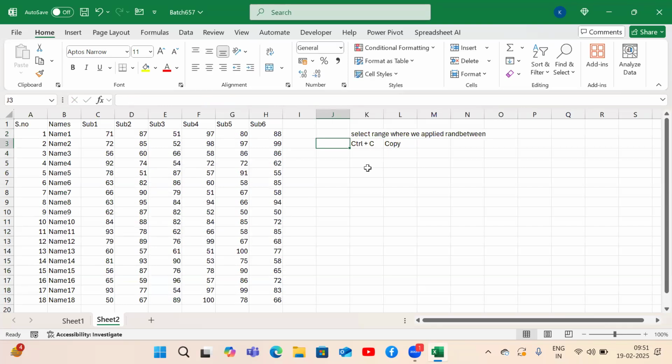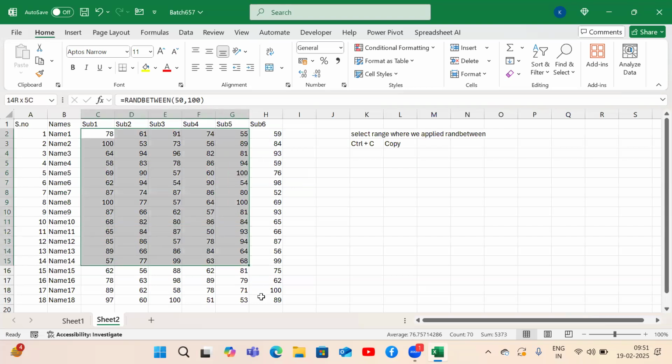Okay. Here, the formula is there, right? For each and every cell. Because of that, this value is changing. Because of the formula, it is changing. I have to remove the formula. Okay. So if I do Control C